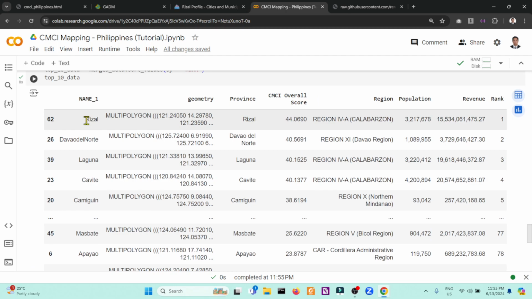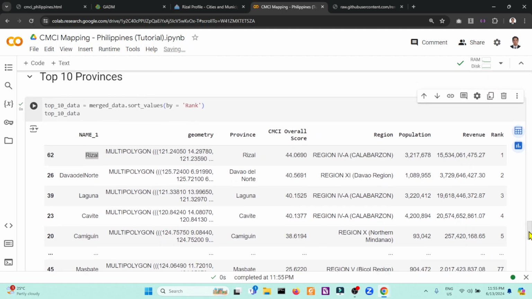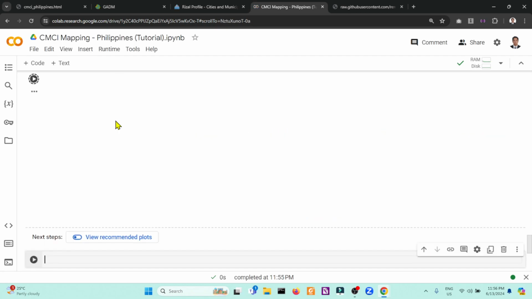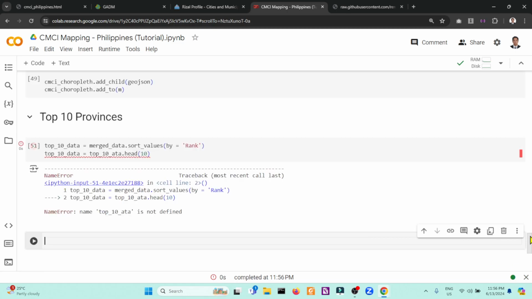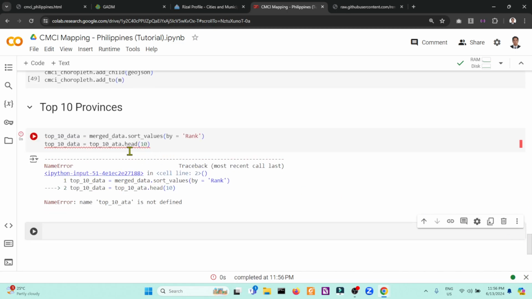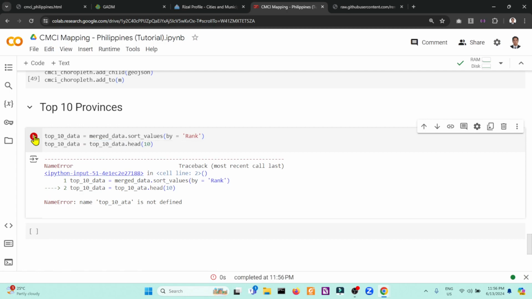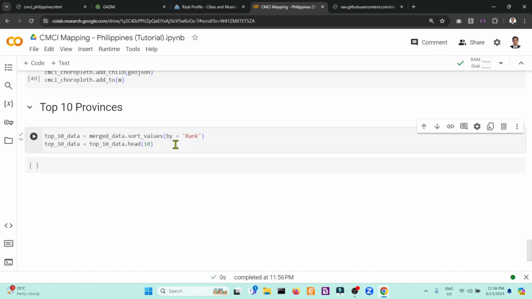So as you can see, the cell is rank number 1, but we will only need to display the top 10 data. So we'll use again top 10 data.head. You need 10 data only. So this one is for the top 10 data with a head.